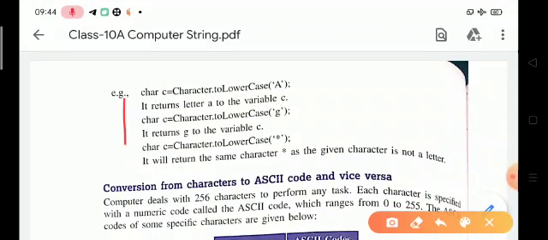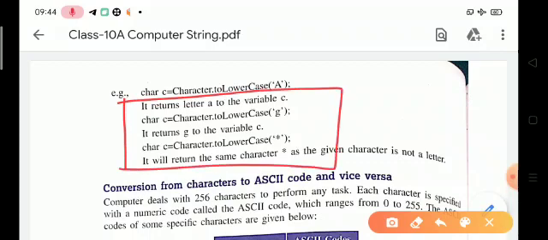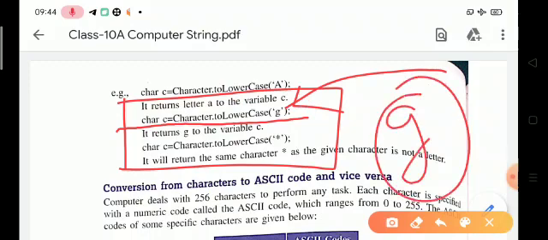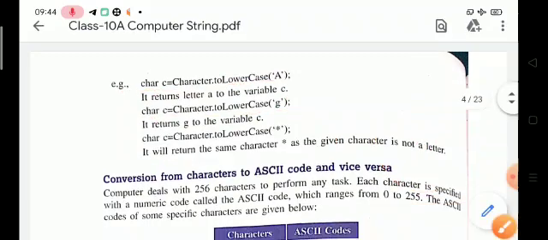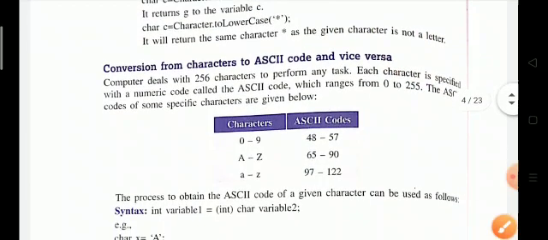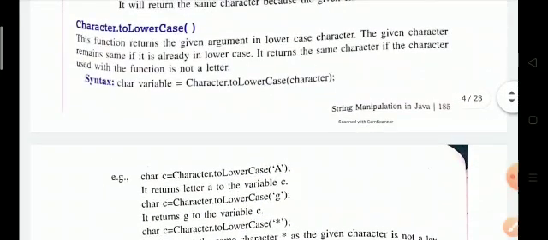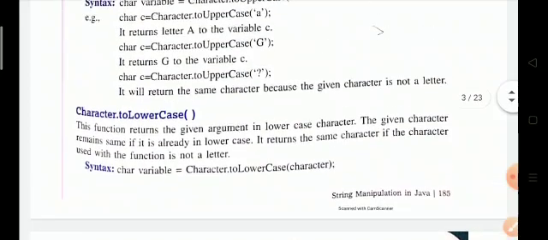For example, here char c is equal to Character.toLowerCase of small g, so it returns small g to the variable because it is already in lowercase.